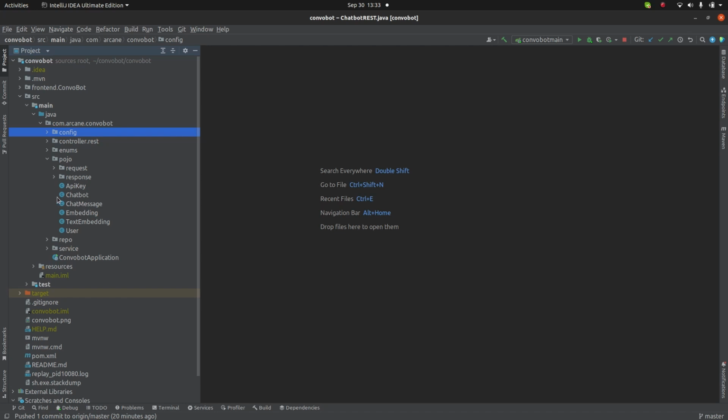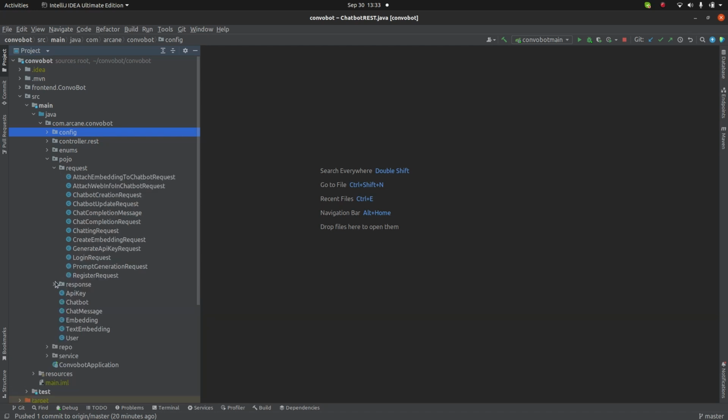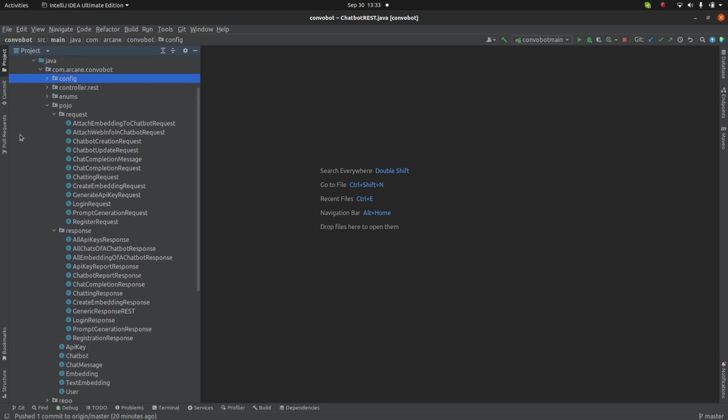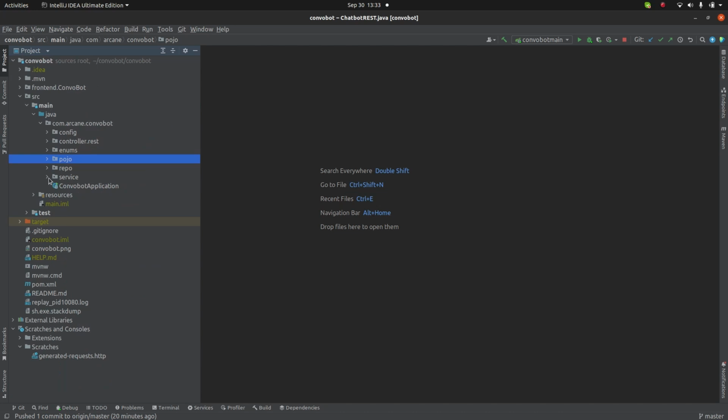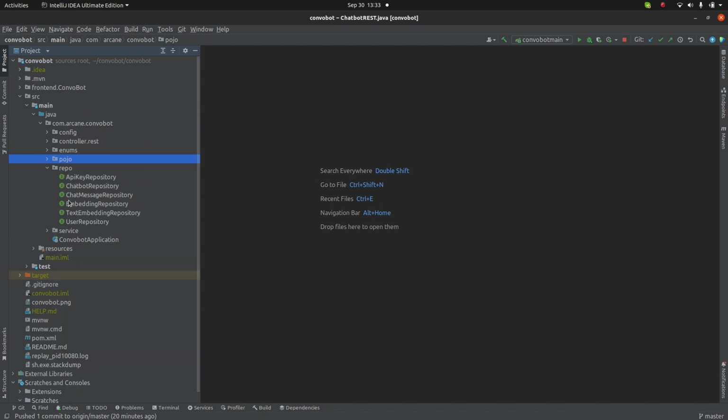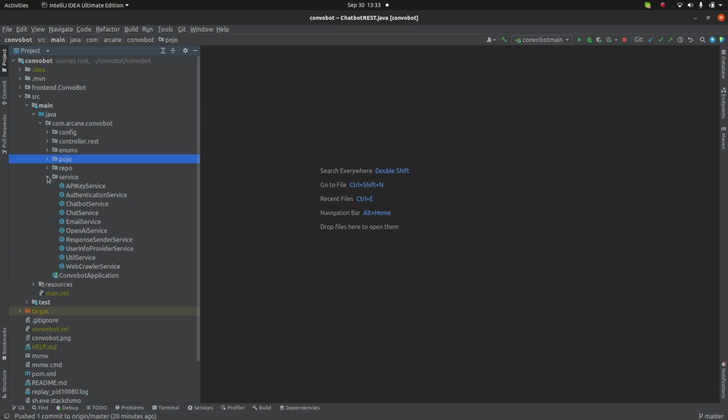And in our Pojo folder we have two folders containing the request and the response objects. Then comes the repository package, which includes all of our repository files that extend the JPA repository interface. And lastly, we have our service package that contains all of our service files that include most of our logical